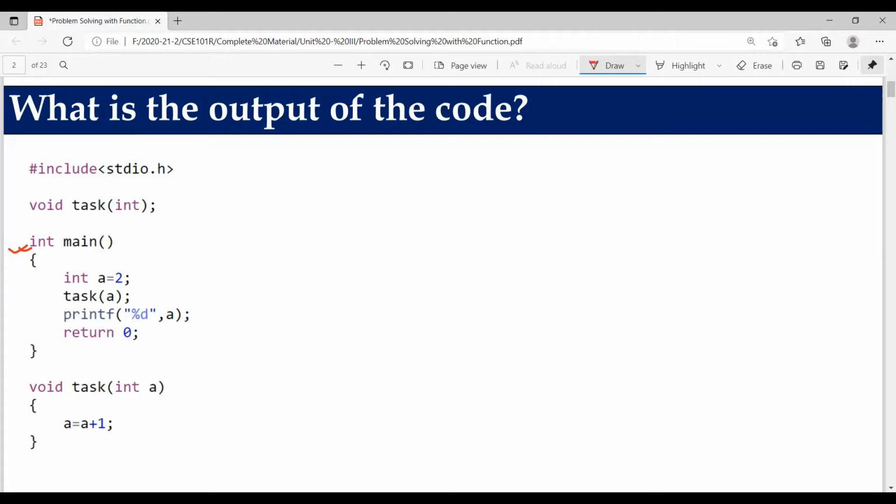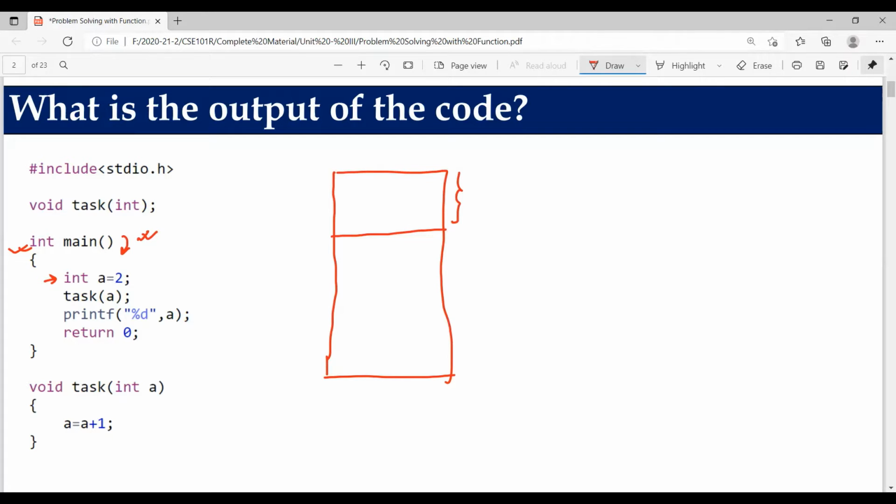Here you can see the program control starts executing this C file. From the first line, a variable a has been declared with the value 2. So let's draw the picture of RAM here, so that I can elaborate the concept. Whenever the operating system calls a function, at first the main method will be called, and some space in the RAM will be reserved for that function. That function here is the main method.